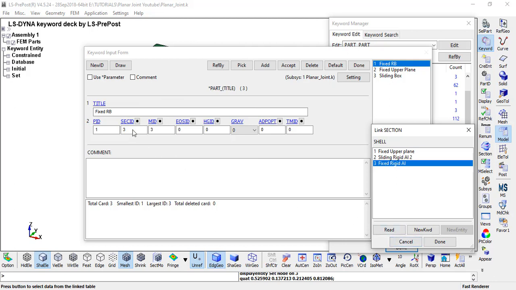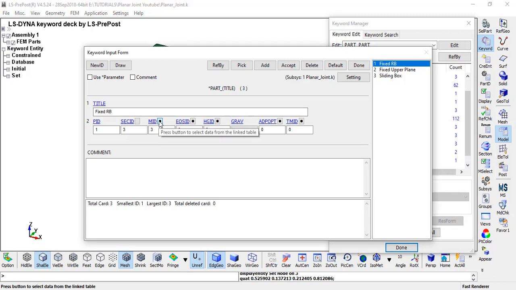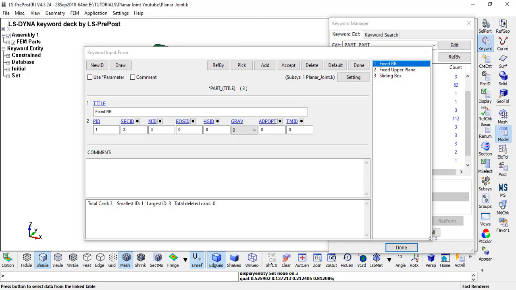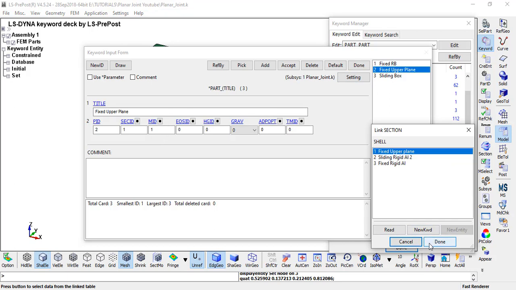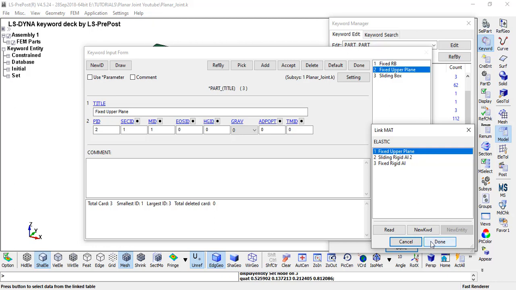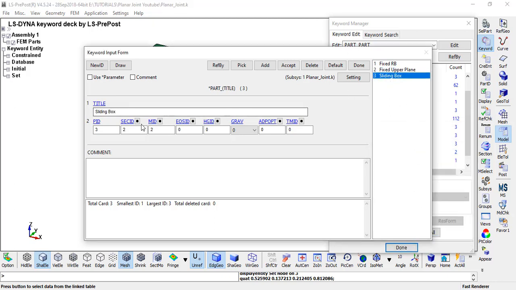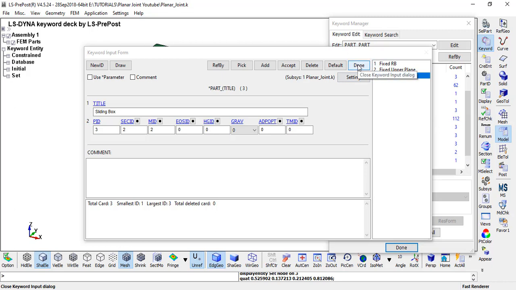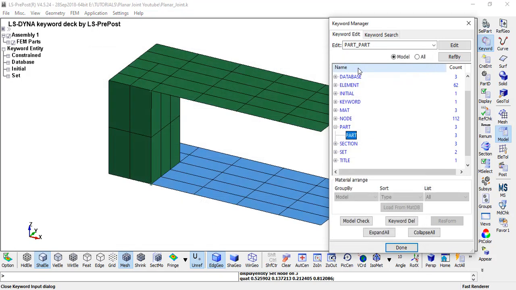So I have taken the section, assigned it, and again rigid body, assigned it. In the same way, all the other parts, section and material have also been assigned. See, sliding body and the material. You need to be careful while giving the material and section cards.